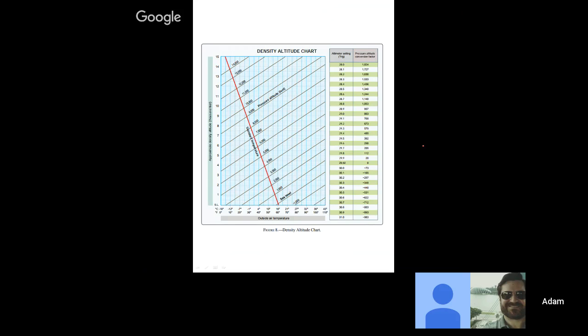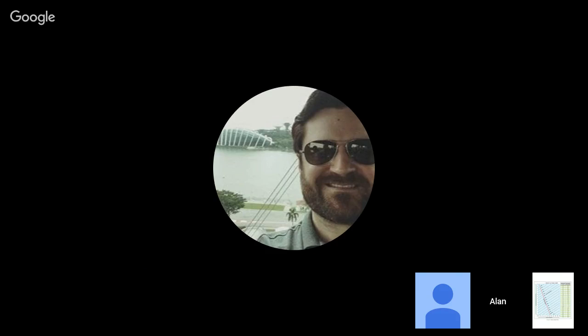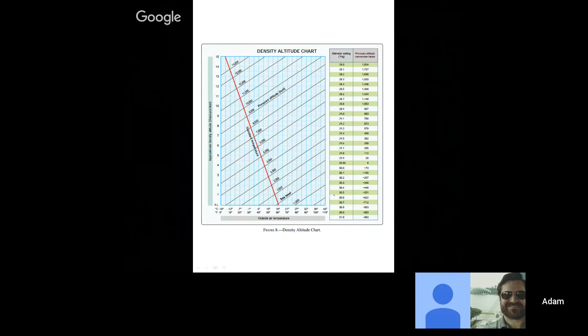Exactly right. So the answer ended up being 8,500 feet. And if you take, I don't know if this is the one from the quiz or not, but if you take, yeah, okay, it is. So if you take 8,500 and go to the right and intersect at 81 degrees Fahrenheit, you're awfully close to 6,000 feet, versus, to me, I would have thought you would have been at least a notch or two down below that. Right. And so I'm going to draw that on the screen just to see what it looks like,